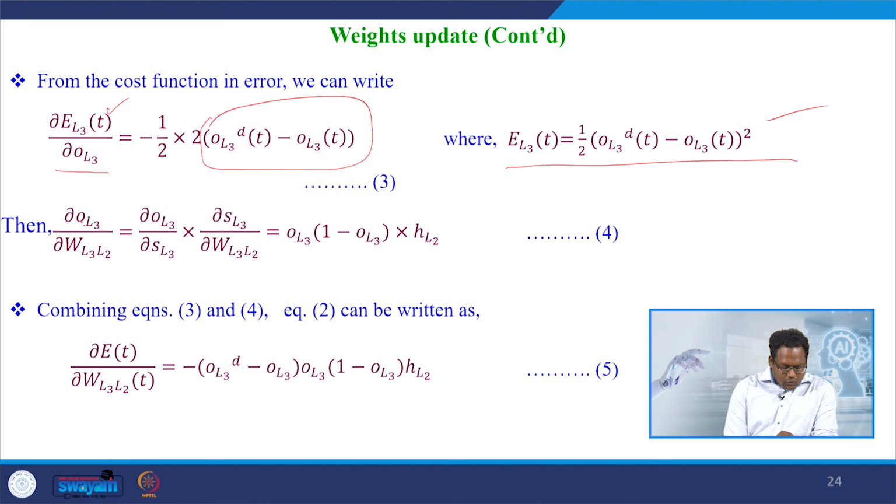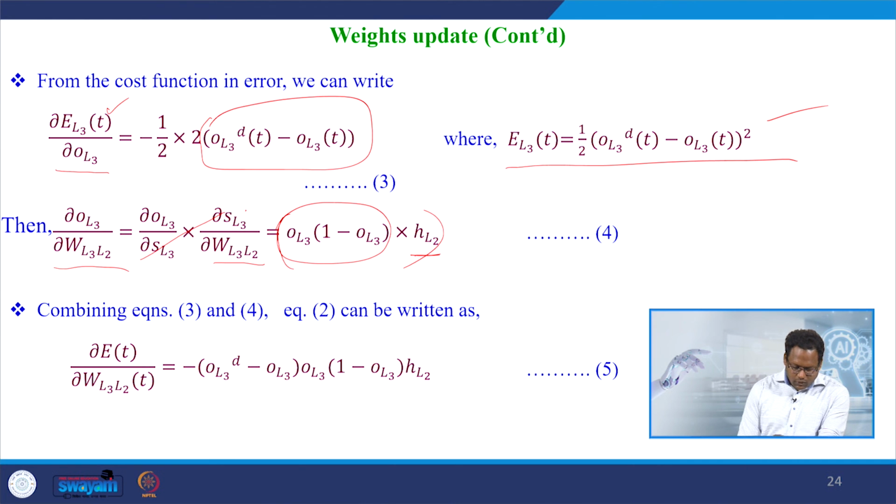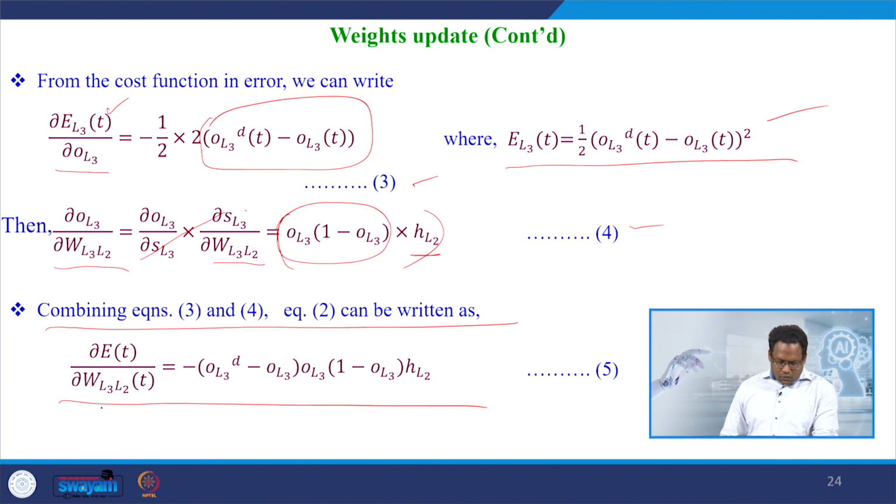Then the second term, ∂OL3/∂WL3L2, is given by ∂OL3/∂SL3 times ∂SL3/∂WL3L2, because of the chain rule. Thus, this leads to output times (1 minus output) multiplied by the hidden layer 2's output. This is obtained because of the sigmoidal activation function's derivative with respect to its input. Then combining equations 3 and 4, the previous equation 2 becomes ∂E/∂WL3L2 of t becomes